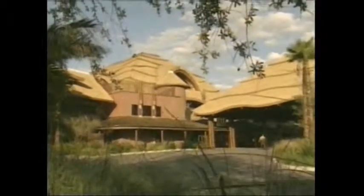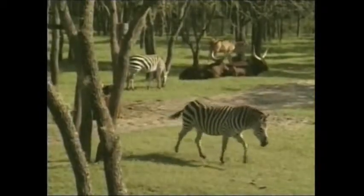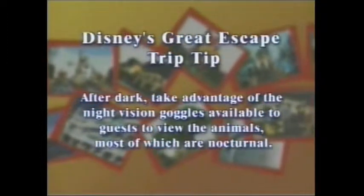Animal Kingdom Lodge is a resort that provides an experience that is adventurous and entertaining, where the spirit of Africa comes alive. After dark, take advantage of the night vision goggles available to guests to view the animals,